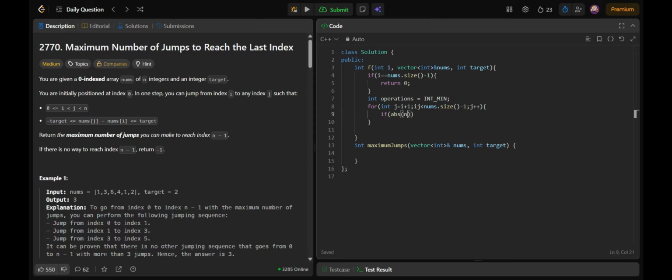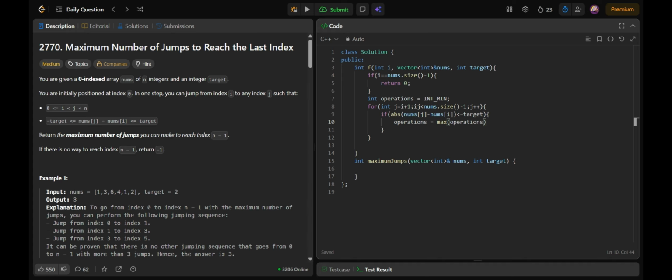Now if the absolute difference between nums j and nums i is less than or equal to target, then only I'll call for f of j, right? So my operations will be the maximum of operations, comma, sorry, f of j, comma, nums, target.